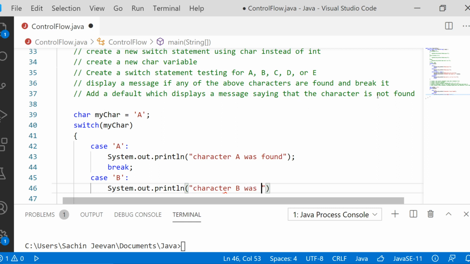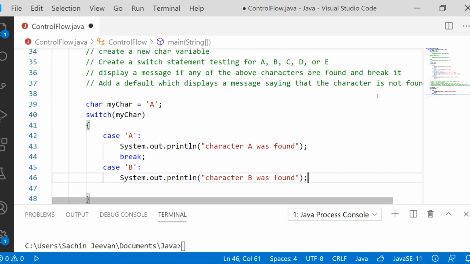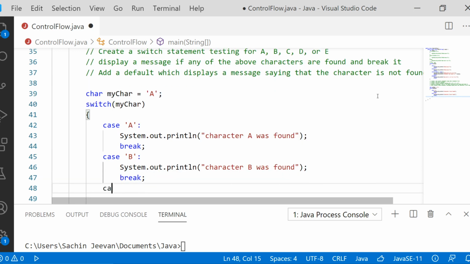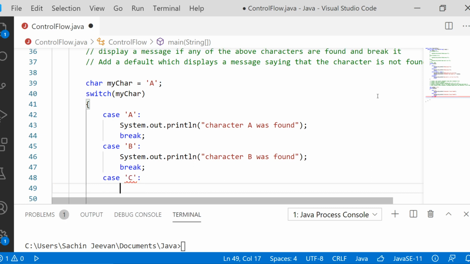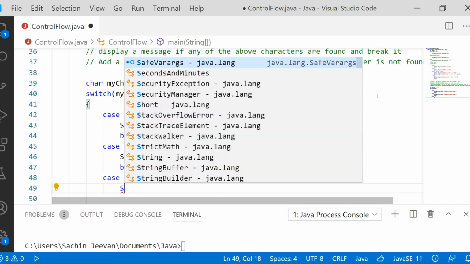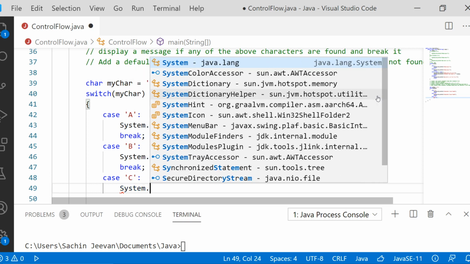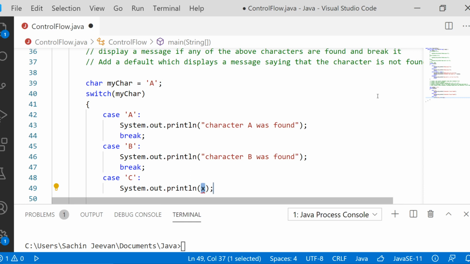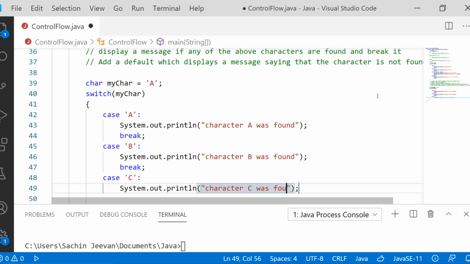Next, we go for the break statement, and then case C. If case C is identified, we print that character C was found.